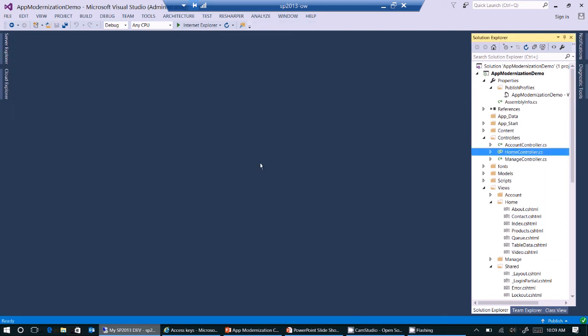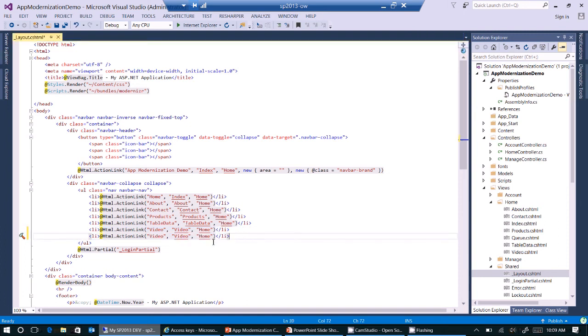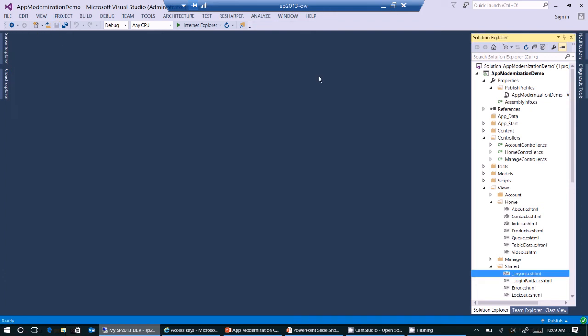The last thing I need to do is I would like to show my newly created view within the main navigation. And to do that I need to open _layout.cshtml file, and as I've done that in the previous videos, I'm just copying that line here, pasting it in again. So this should be queue. So this is what we want to see in the main navigation, and the name of the view is queue, and this view is part of the home controller. Okay, let's save that, close it, and